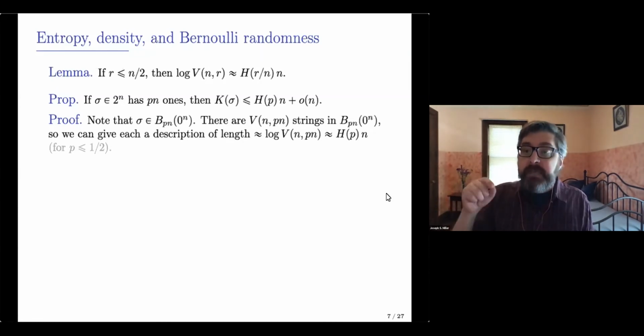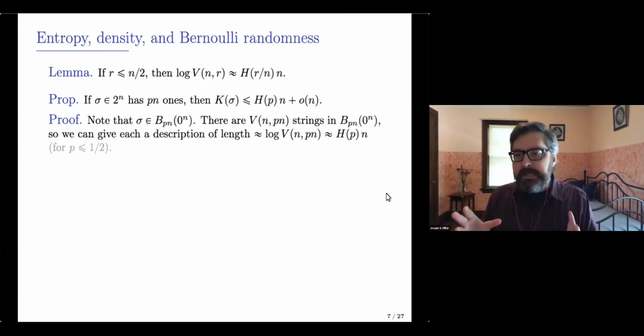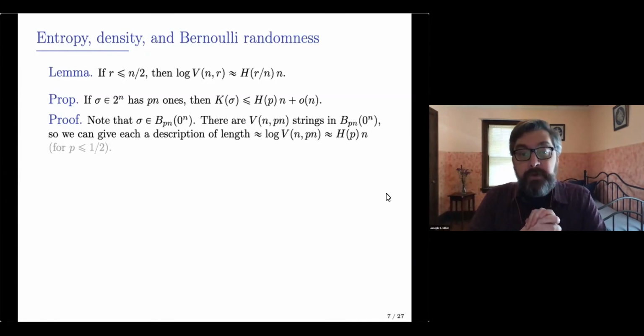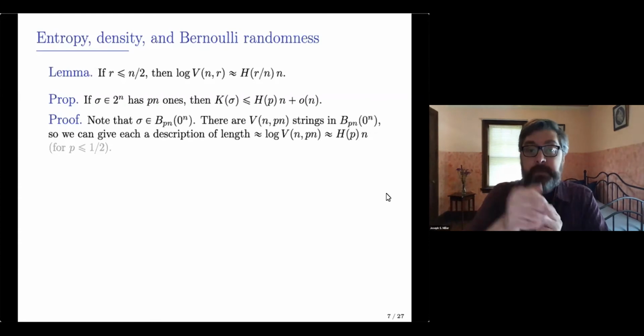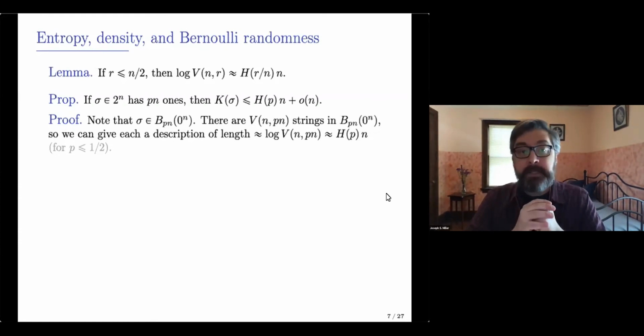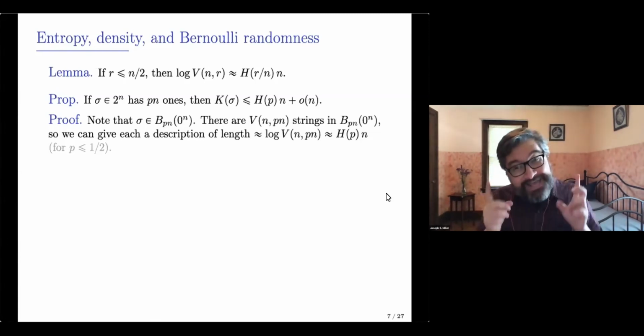So we can give each a description of length log of V_n,pn. I didn't say it before, but hopefully it's clear, every time I say log, I'm talking about log base 2. So we can give each a binary description of length approximately log of V_n,pn, which by the lemma above is approximately h of p times n. And that's all I'm saying in the proposition. That proves the proposition. Except